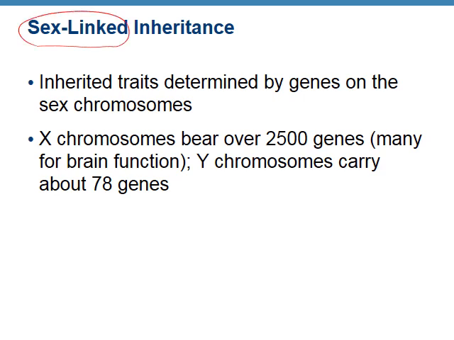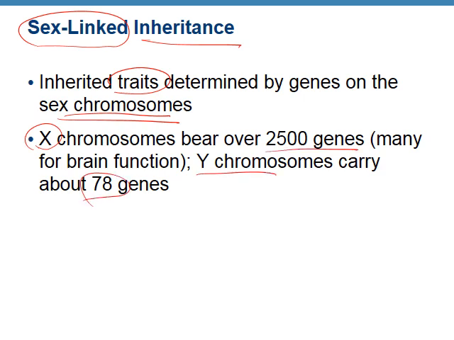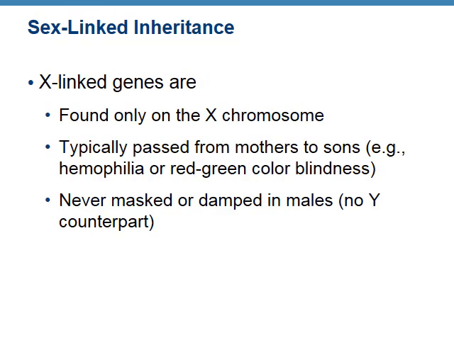We also have sex-linked inheritance. We talked a little bit about this when we talked about hemophilia. So there are some traits that are inherited on sex chromosomes. Mostly X chromosomes, they have several genes. The Y chromosome has fewer genes. Sometimes we refer to these as X-linked genes because they're found only on the X chromosome